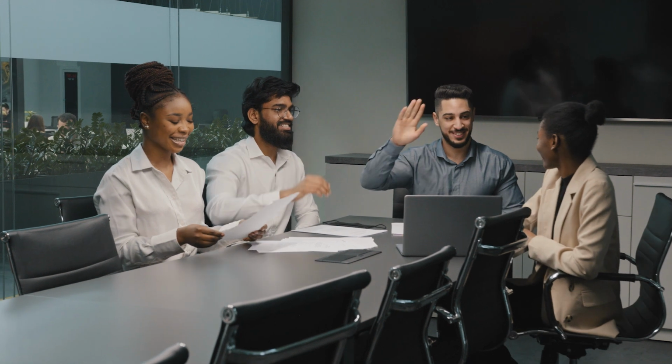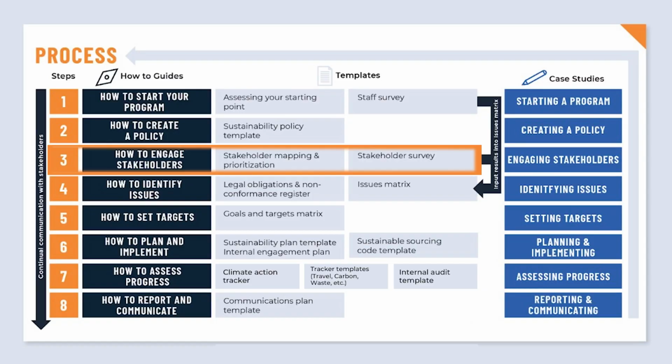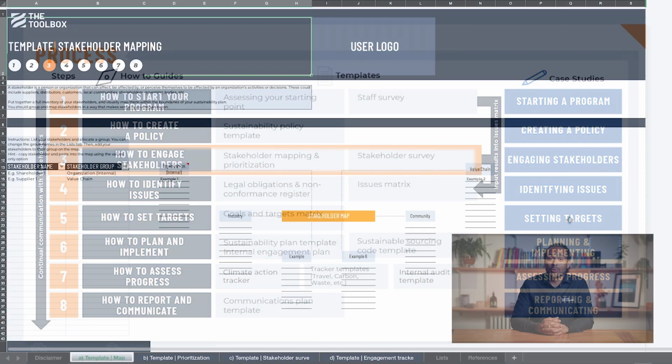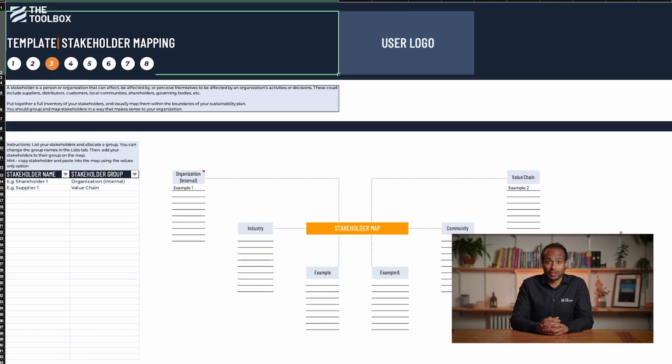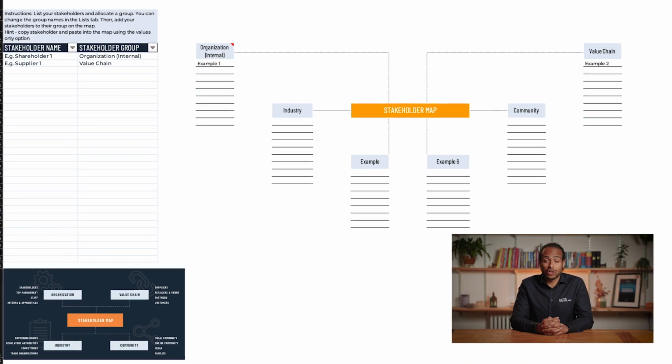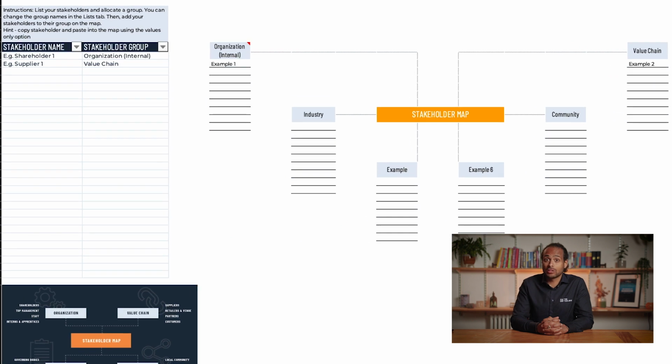The 2 templates in this step will help you gauge what's important to those who have an interest in your organisation and take stock of the existing endeavours they have made. Our first template has been designed to help you identify and prioritise your stakeholders, deciding for each which the most appropriate course of communication will be. This will also help you include the broadest set of voices, which will eventually inform the scope and boundaries of your sustainability program. So, let's go into our toolbox